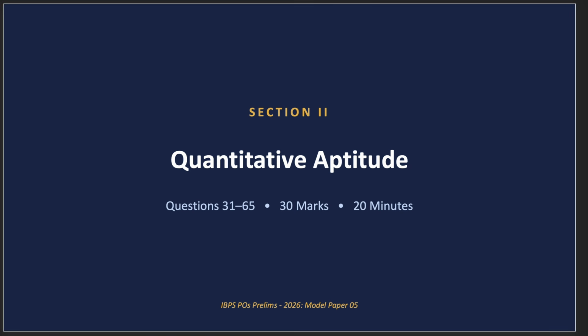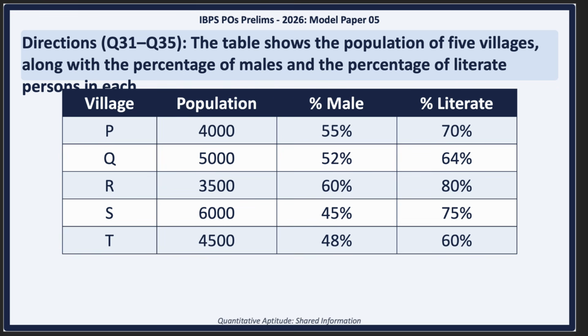Yeah, let's unpack this. We start with data interpretation, which is questions 31 through 40. And this is where a lot of people just freeze up because they get hit with a massive influx of information all at once. Right, like the first 5 questions, 31 to 35, they're based on this data table detailing the populations of 5 different villages.